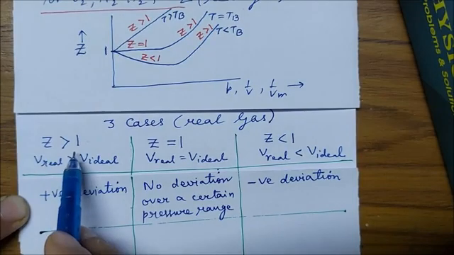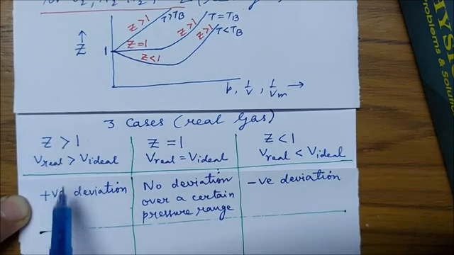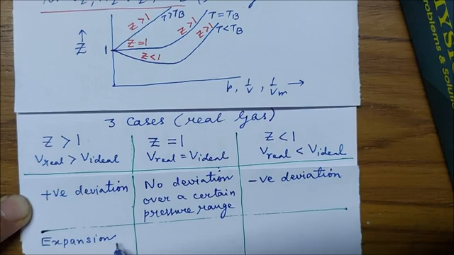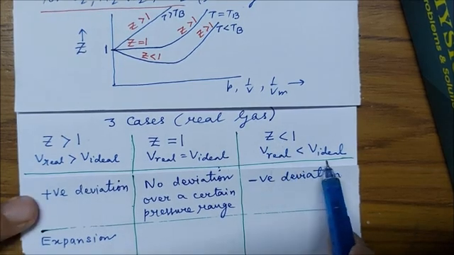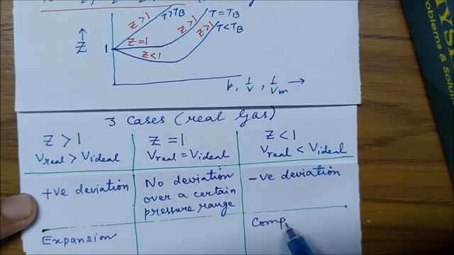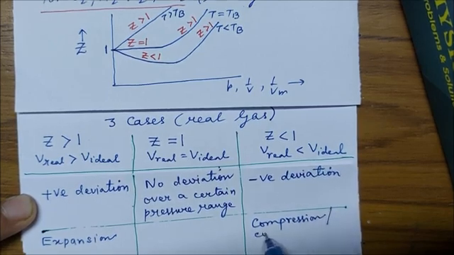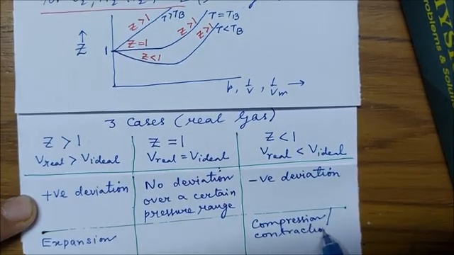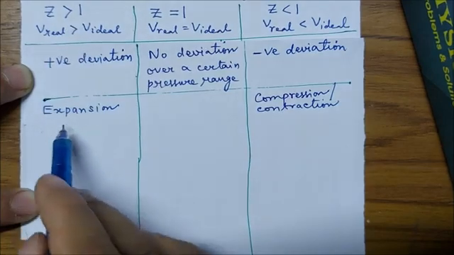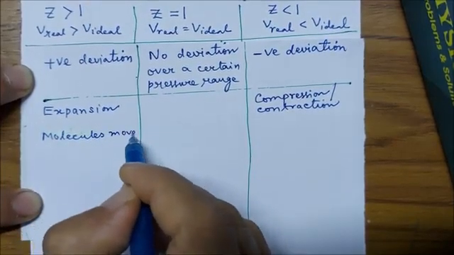For Z greater than 1, V real is greater than V ideal, which means the real gas expands. So this corresponds to expansion. On the other hand, for Z less than 1, V real is less than V ideal, which means the gas contracts or gets compressed. So this corresponds to compression or contraction. Clearly, expansion corresponds to Z greater than 1. Again, expansion means molecules